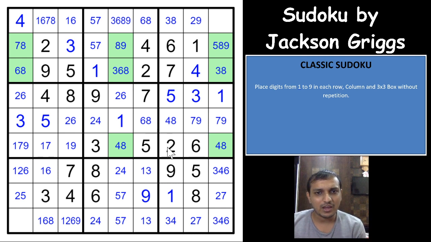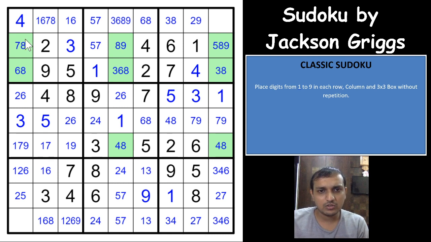So I think you know what a swordfish means, and which means that 8 in these 3 columns will always have to be in the green cells, because 8 in these 3 rows goes into these 3 cells, 8 in this row goes into these 3 cells, and 8 in this row goes into these 2 cells, which are always in the same 3 columns.